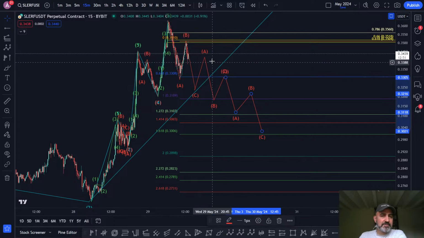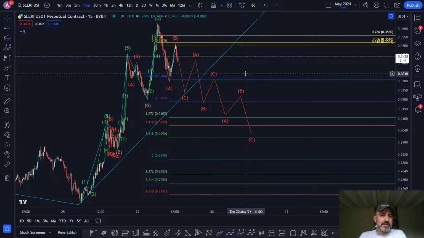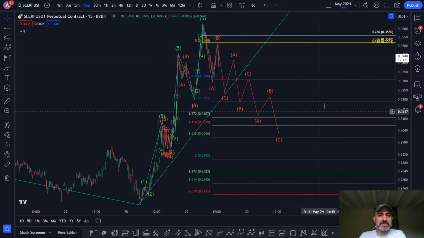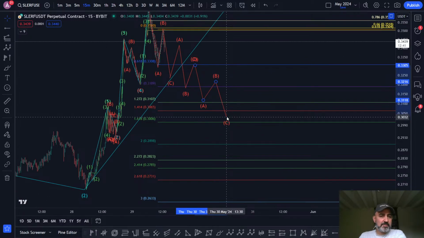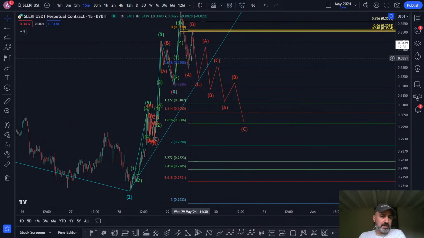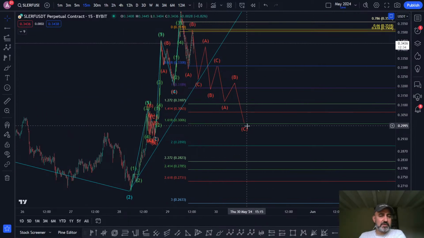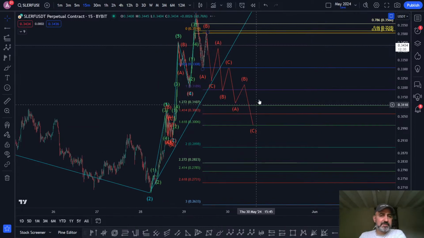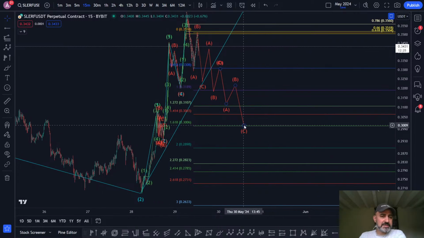The good thing about counting is that eventually you'll end up with a C after a combination of ABC, ABC, ABCs. And then the good thing about longing at the end of a balanced correction like that, where you have lots of ABCs, is that bulls and bears will be buying at the same time. That's why you get the impulses, because you suddenly get